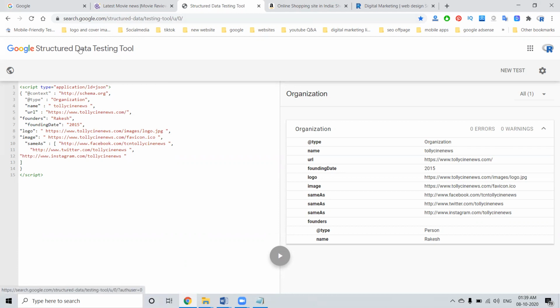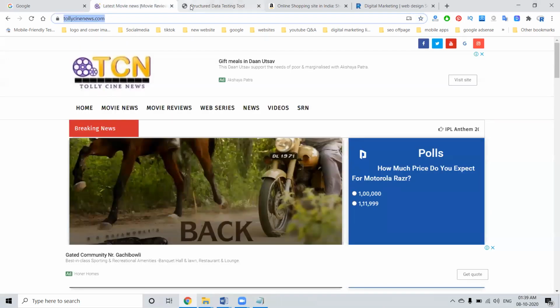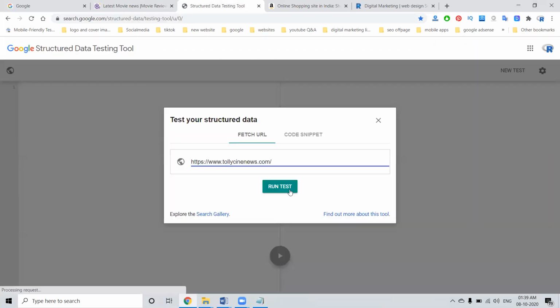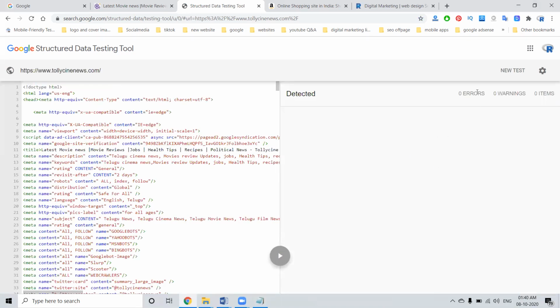Before updating, and after updating, how to check? I'll tell you here. First copy the website URL, test the URL, run test. In the right side corner, they do not show any code. You can check it, left and right. Zero errors, zero warnings, zero items.